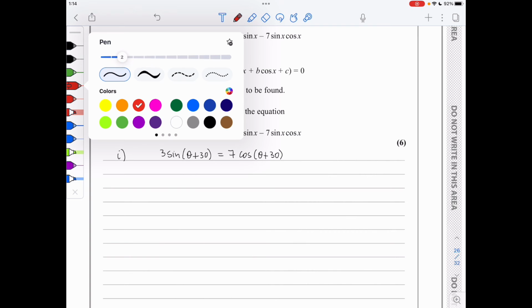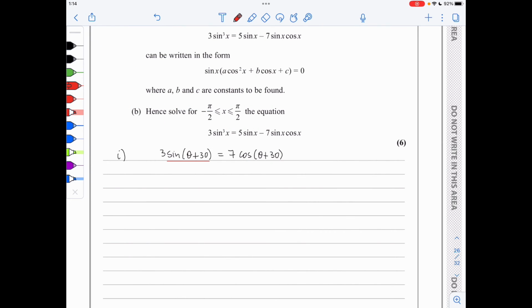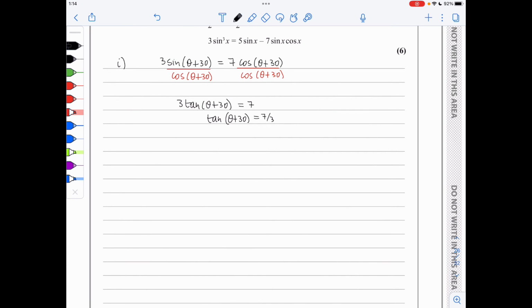So it makes sense to start by dividing both sides of the equation by cos of theta plus 30. And this will give me a tangent of theta plus 30 on the left-hand side. So it's going to be 3 tan of theta plus 30 is equal to 7. So tan of theta plus 30 is 7 over 3. And therefore I use my calculator to extract the principal value. It's shift tan of 7 over 3, which turns out to be